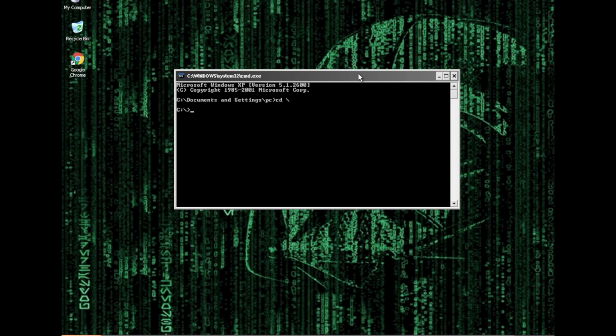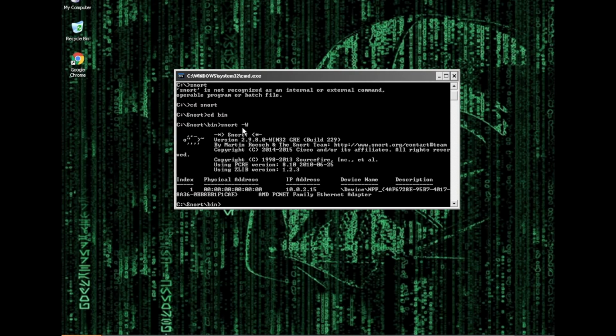So before we do the test, we need to see which computer we're running on. So with that, it's gonna be snort -W, uppercase W,